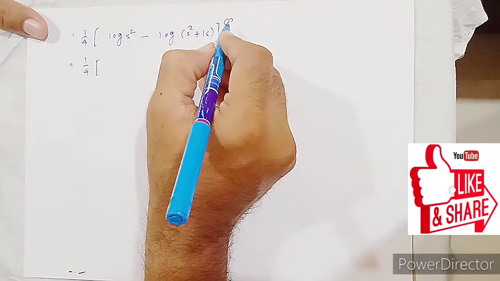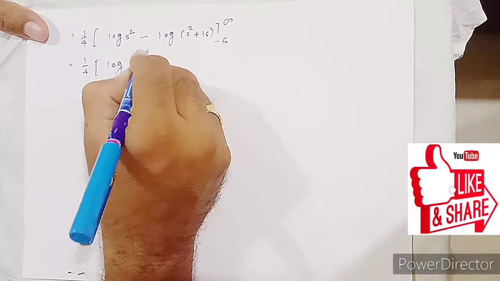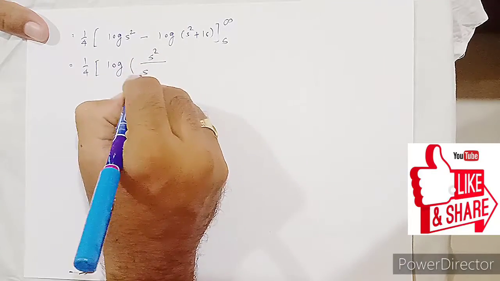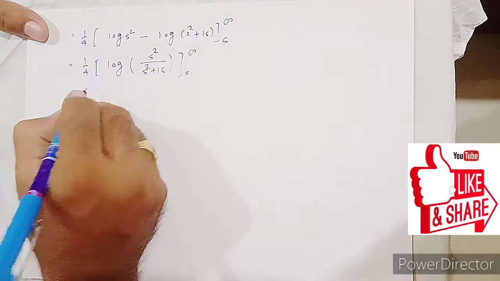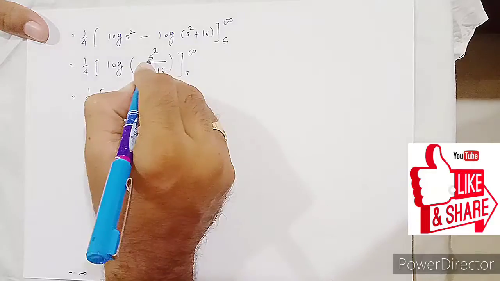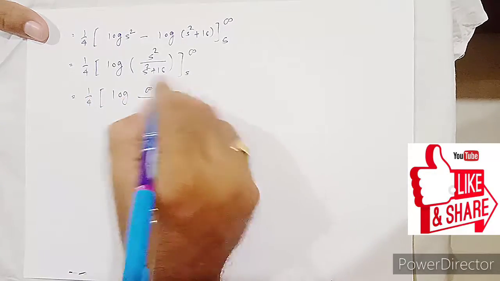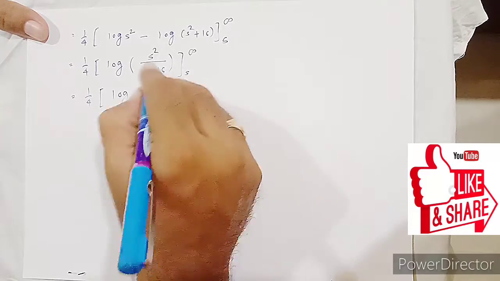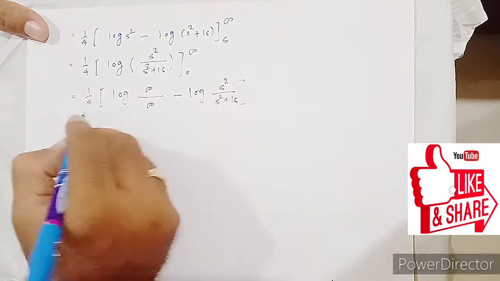Before putting the limit, we take log outside. So when we take log outside, because of subtraction, it becomes a division, right guys? So s to infinity. So now we put the limits. So log infinity square is infinity, again infinity square plus 16, again it is infinity, minus lower limit log s is replacement, so term is as it is, right?